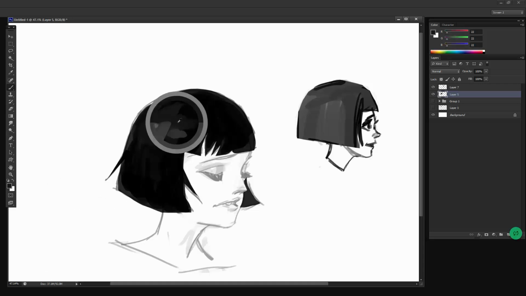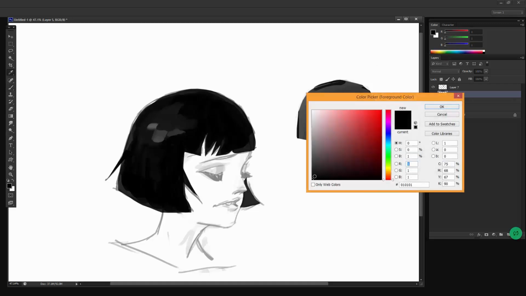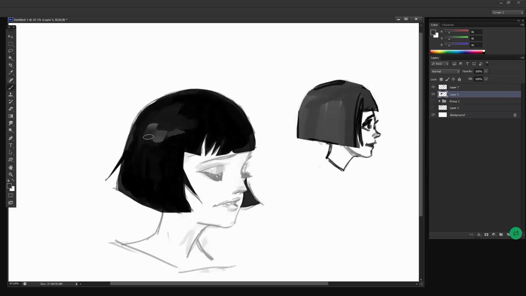So when you're doing highlights on black hair, you take the black and you just make it a little bit brighter, and it's somewhere around here. And of course it's different in different lighting situations, but yeah. Also, if you're putting a highlight and it's wrapping around the head,